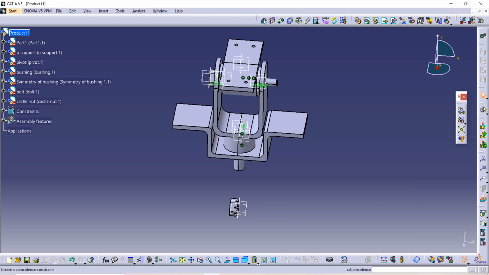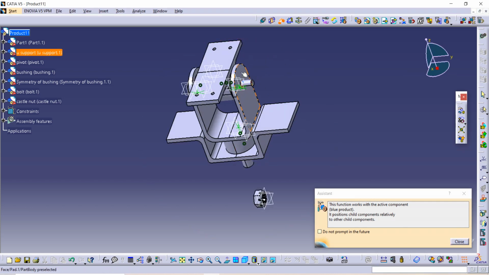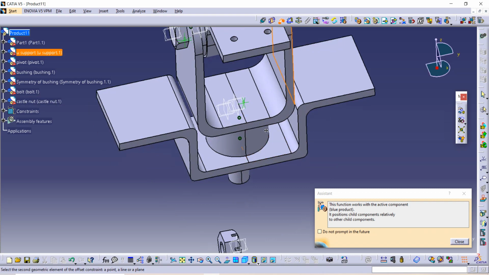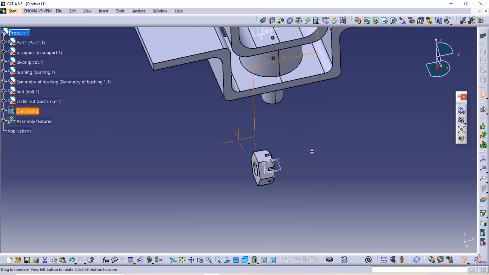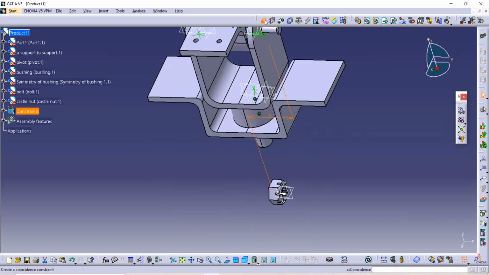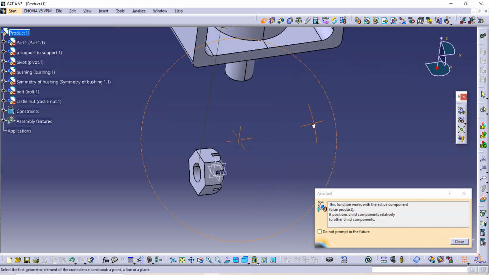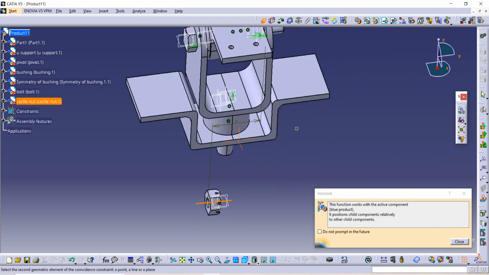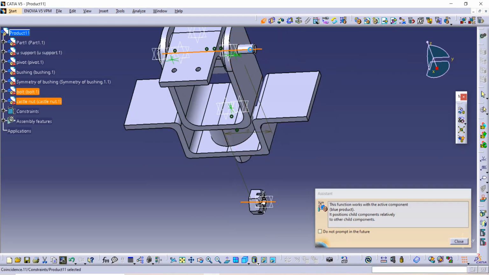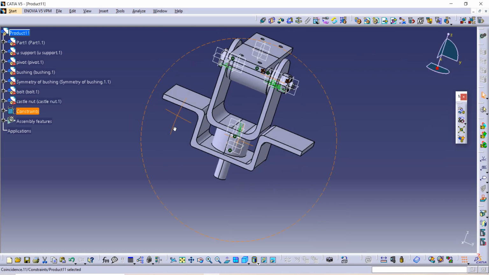Then select this and use this surface with this surface, give distance as 0 and then click on OK. After that use this and select axis first of that, and then axis of this bolt, update it.